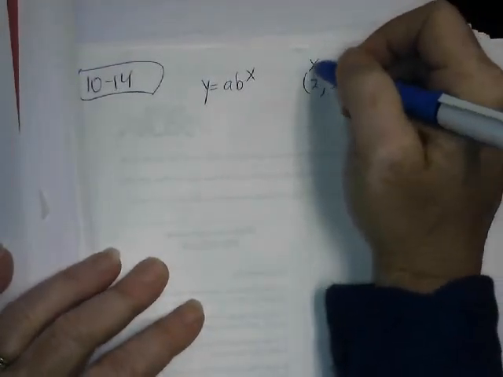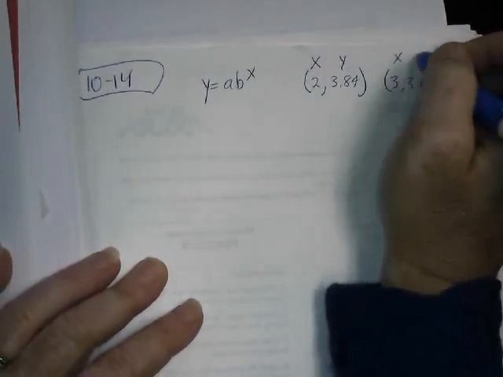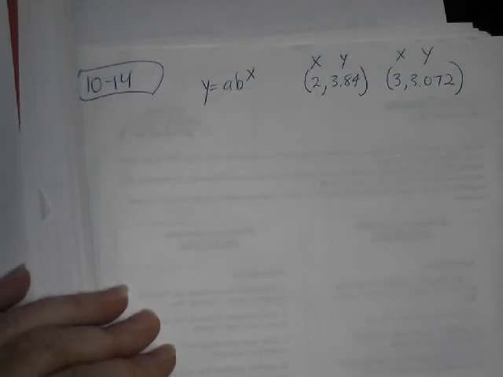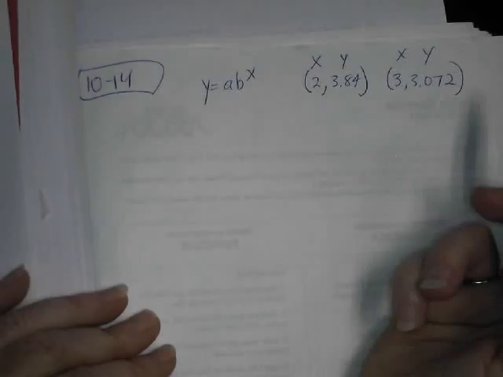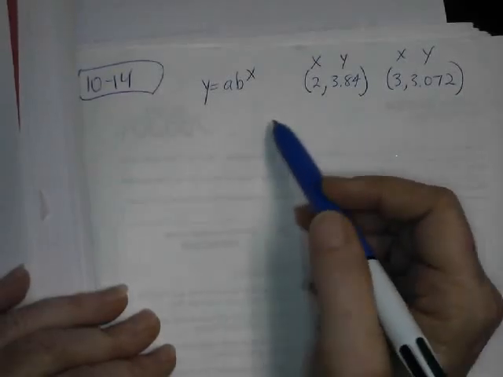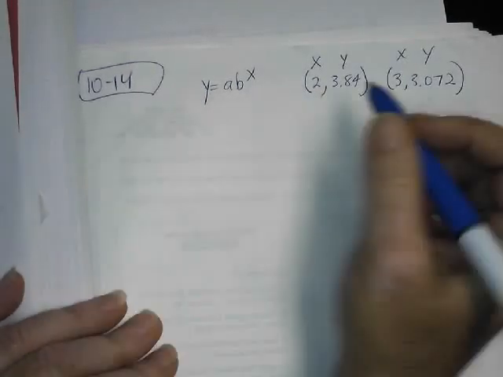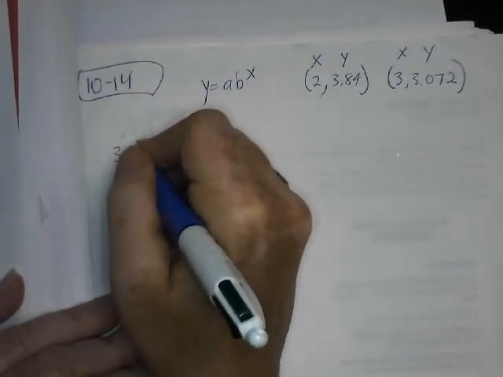These are ordered pairs. This is x and this is y, x and y. So I think the easiest thing to do here would be to plug in an x and a y. We might have to do a system of equations on it. Let's plug this x and y in here. So we'll say y is 3.84